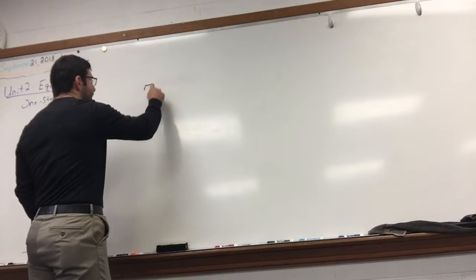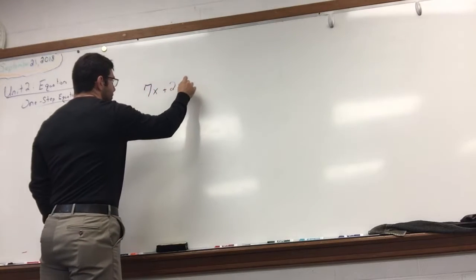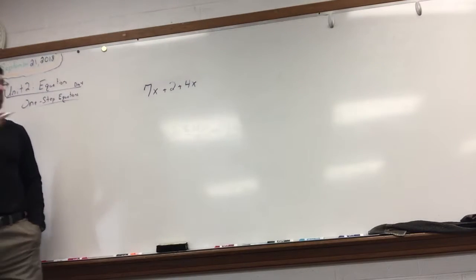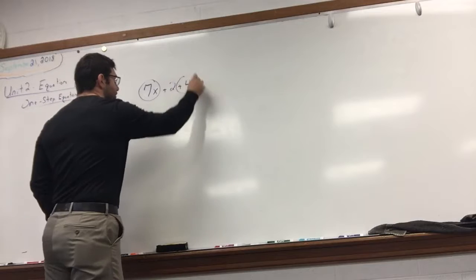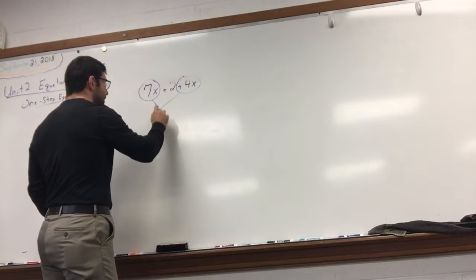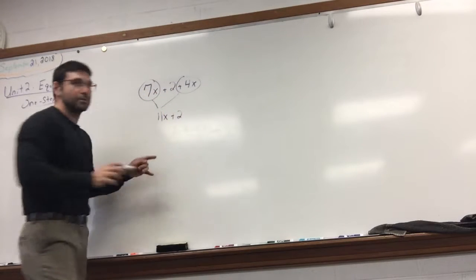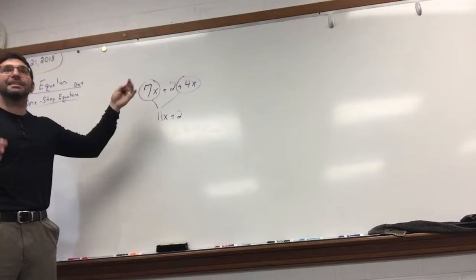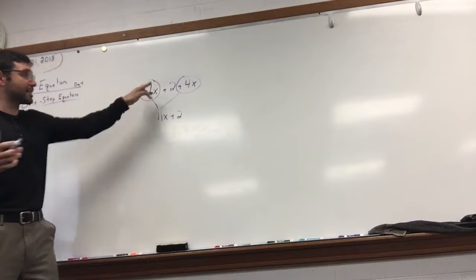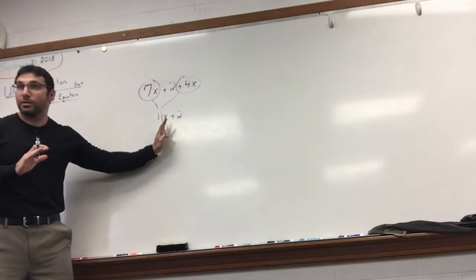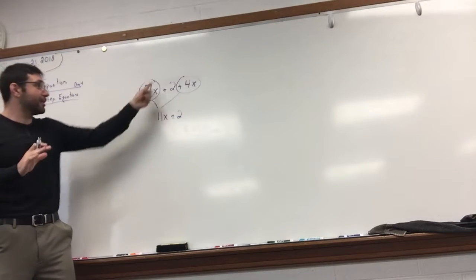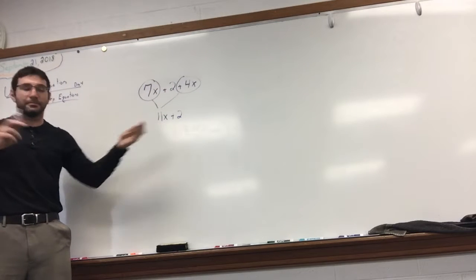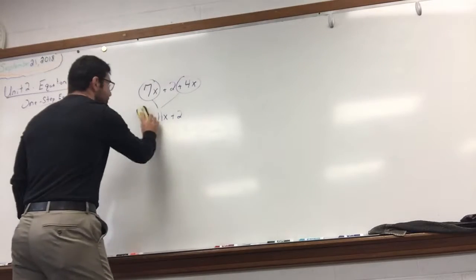Same thing. You don't write this down. If I've got 7x plus 2 plus 4x, what are my like terms? 7x plus 4x, which then gives me 11x's plus 2. This is written differently than this, but is it the same thing? Yes. I haven't changed what's going on right here, right? 7x and 4x give me 11x. It's the same thing. Why do we go with that? Well,